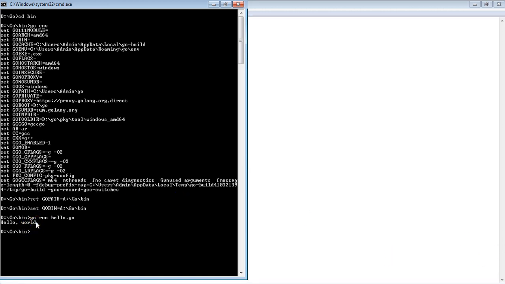The output has come, hello world, but it's always advisable that you mute it or add your Golang execution to the exceptions in your antivirus. It's always better. So I have now shown you how you can install and run a basic program. Further on, we'll go ahead with much more complex programs here.